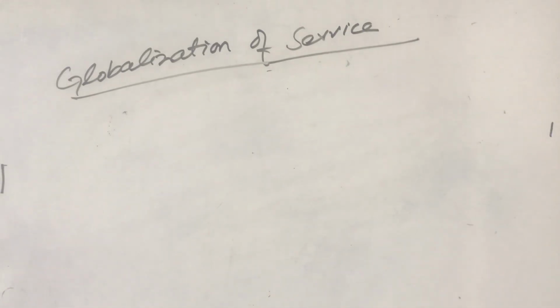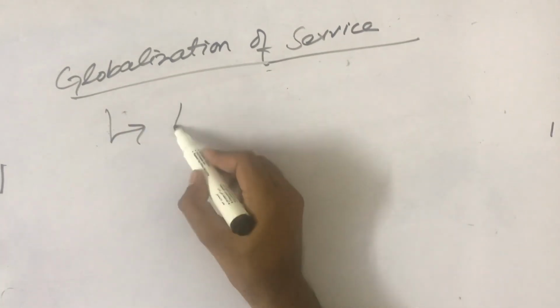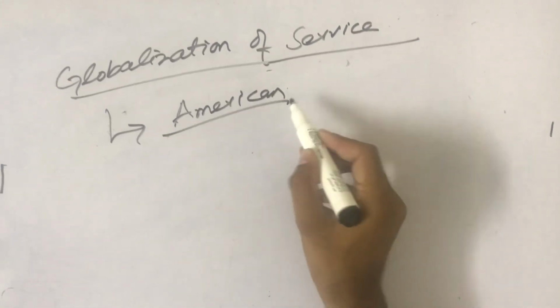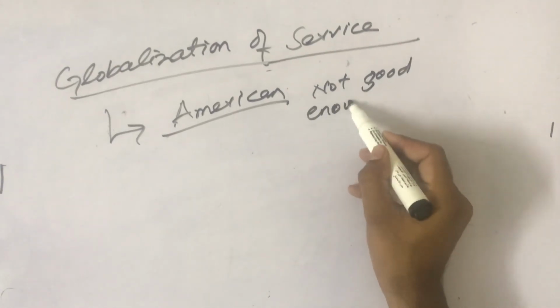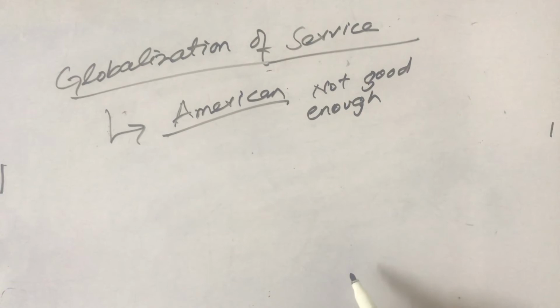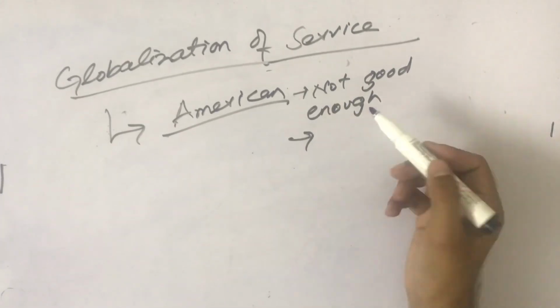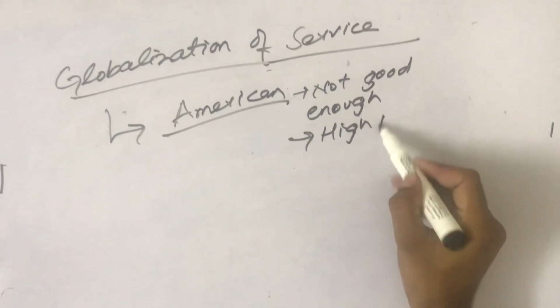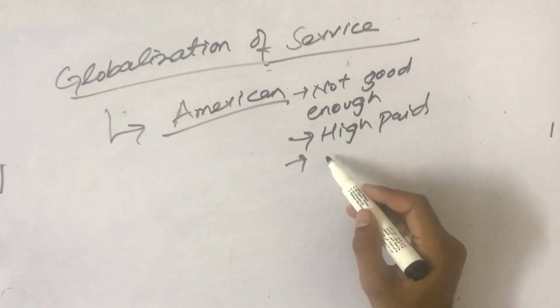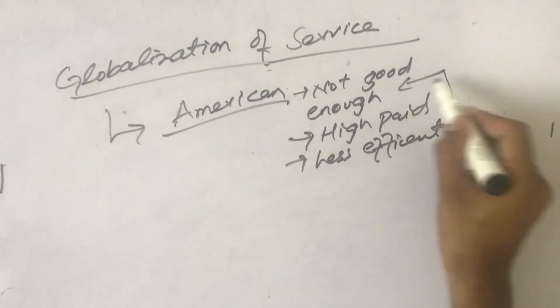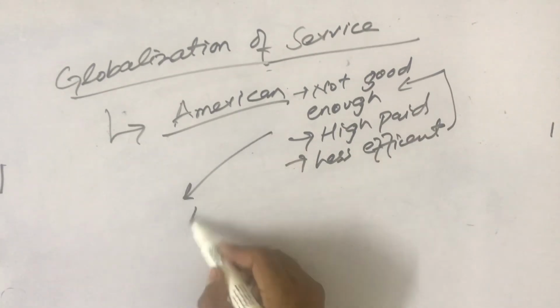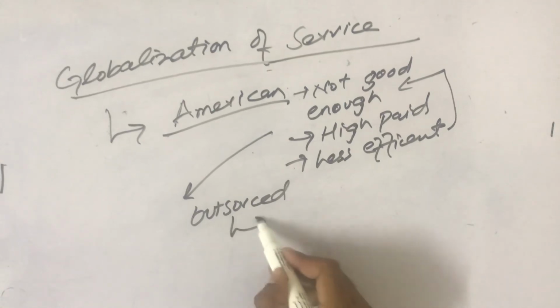Globalization of services. Even the products which are produced were globalized, but now services are also globalized. How do services become globalized? Let us suppose that Americans, which is the most common example, are not good enough in accounting. There can be several reasons for that. They may be highly paid, or they may be less efficient. So they outsource their accountancy work